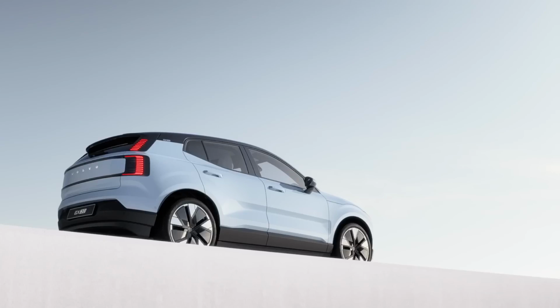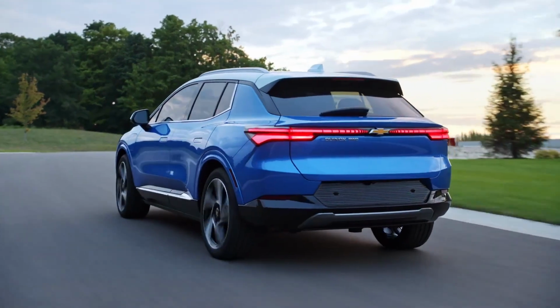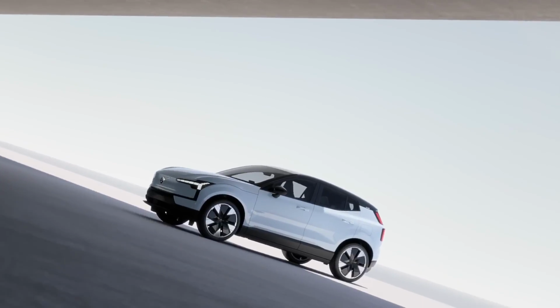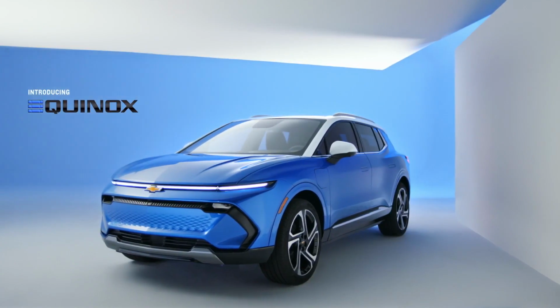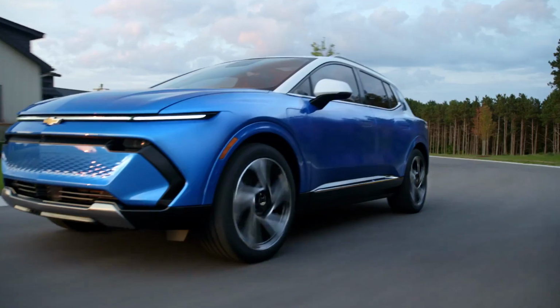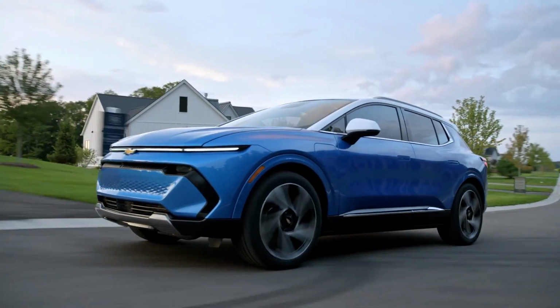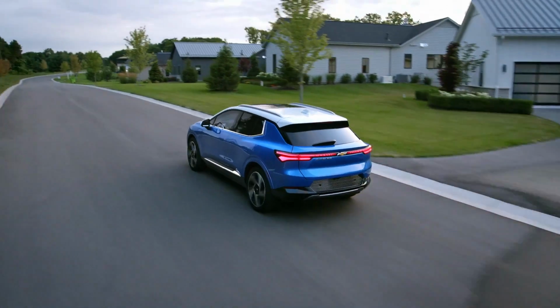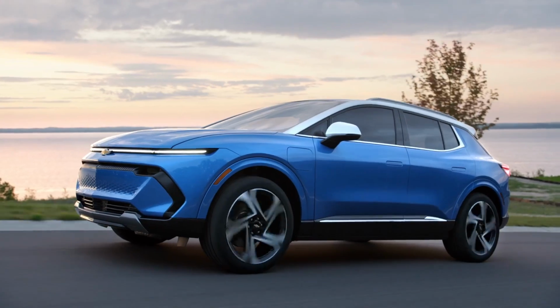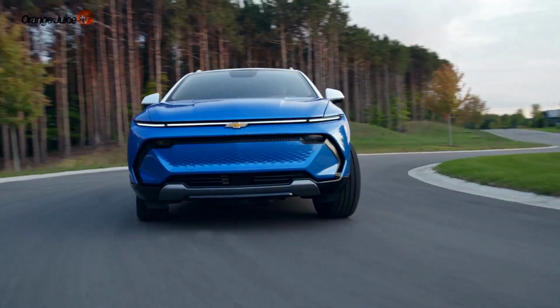The range is quite possibly the most important figure on an electric car spec sheet, and the battle between the Volvo EX30 and Chevy Equinox EV is a closely fought one. The base version of the Equinox EV offers 250 miles of range on a single charge, while opting for one of the higher trims gets you 300 miles of range. If you get the electric all-wheel drive version of one of the higher trims, you will get 280 miles of